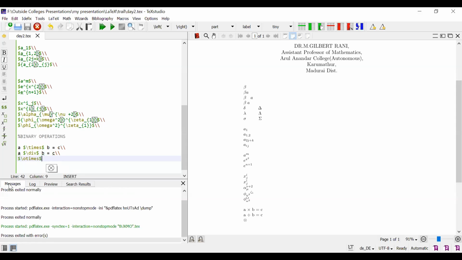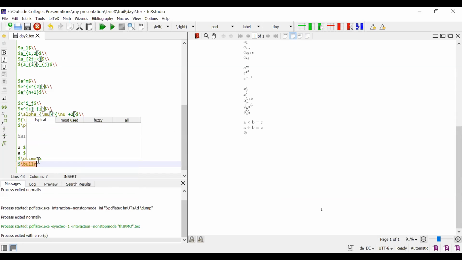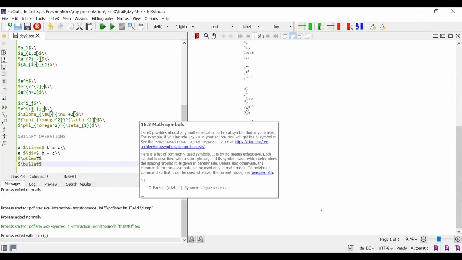Okay. Next, we can use bullet. Yesterday I told that when we use the bullet point, we can use it as a begin descriptor. Suppose you want to use a bullet at any single place, we can use this command as bullet.